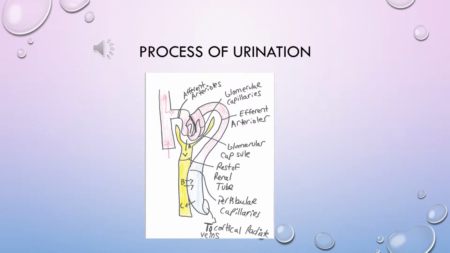Here's a picture of the afferent arterioles, the efferent arterioles, the glomerular capillaries, the glomerular capsule, the rest of the renal tubule, the peritubular capillaries,